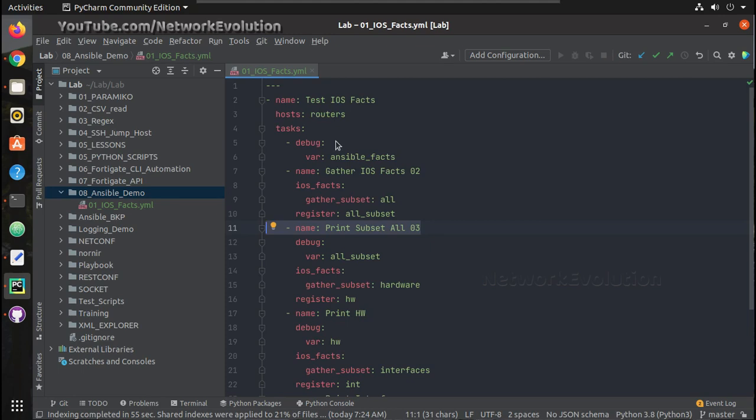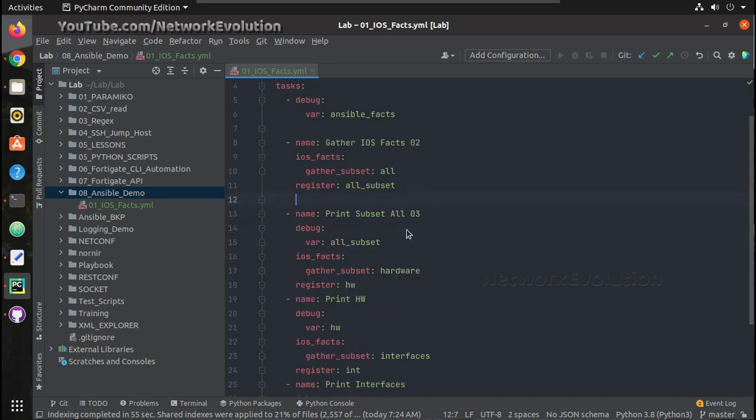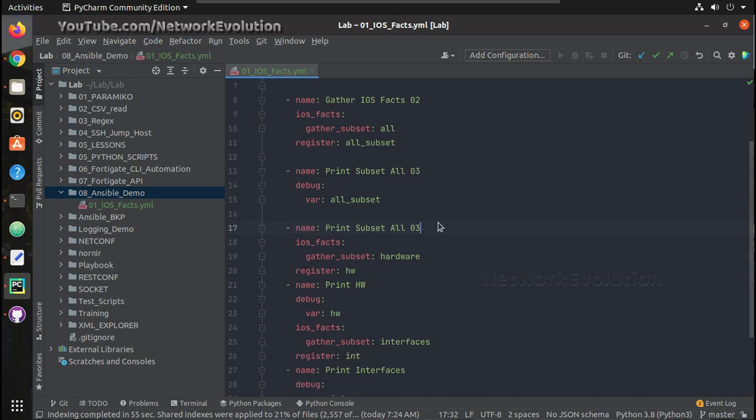Now what we can do is we will just try to differentiate each one. So this is going to be hardware, and then we will be printing the hardware.